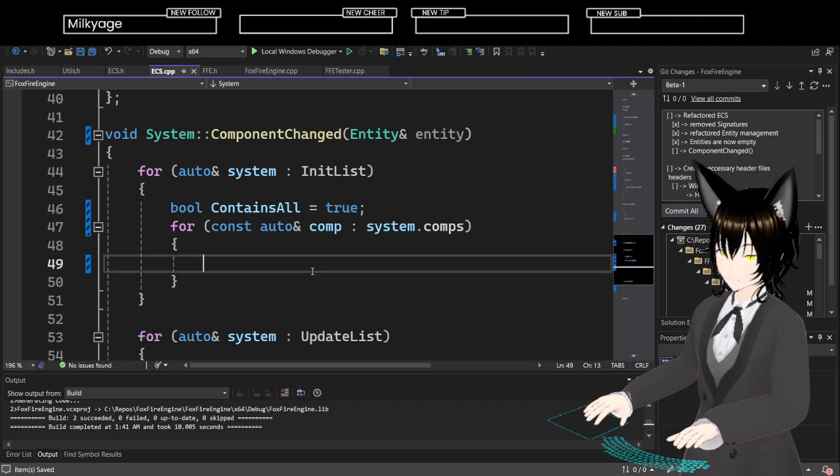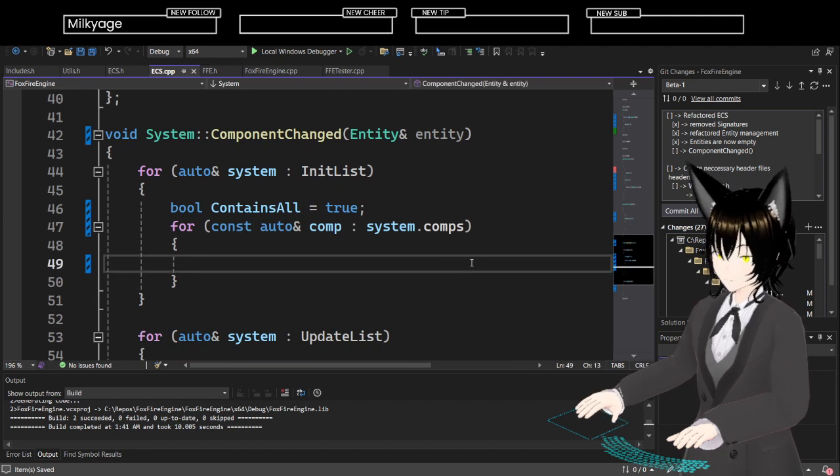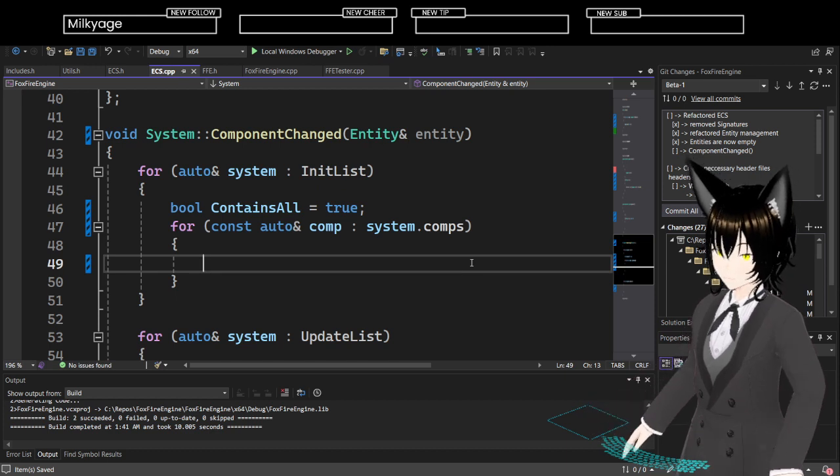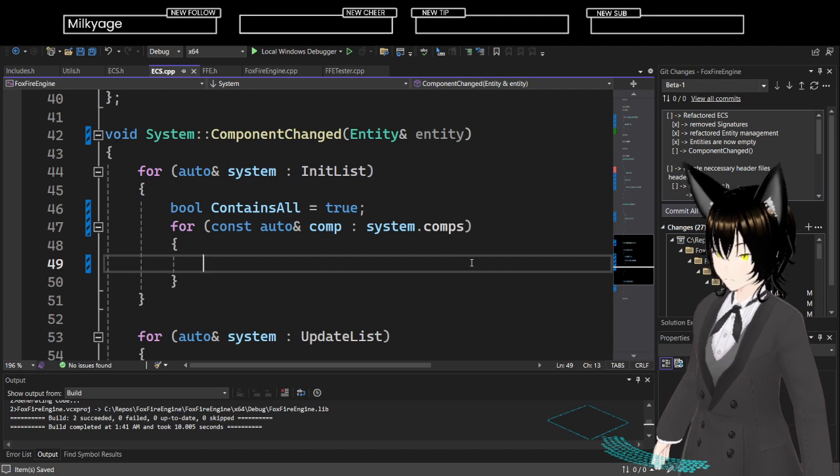So how do I check to see if the component, how do I check to see if the entity contains the component, right?